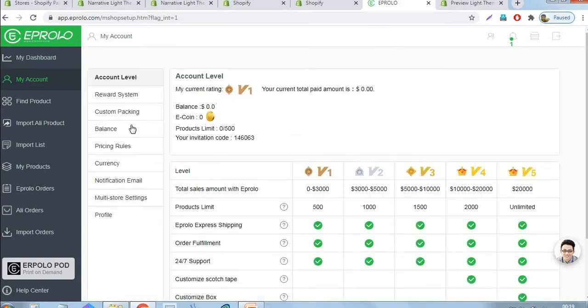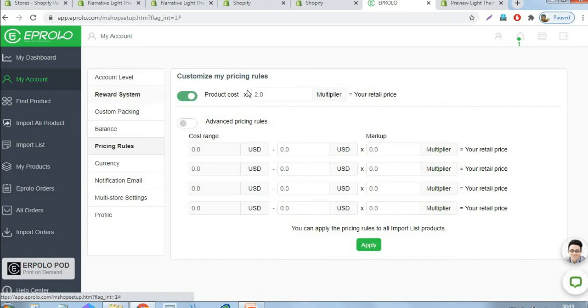You can do all things here, just the pricing rules, reward systems, custom package, all necessary things we can do through My Account section. Dropshipping is very easy business. Actually, we don't need to keep any inventory. If you receive any order, just forward to the supplier. They will deliver the product to your customers. I already told this store is created for women's fashion, particularly for nail polish brands.